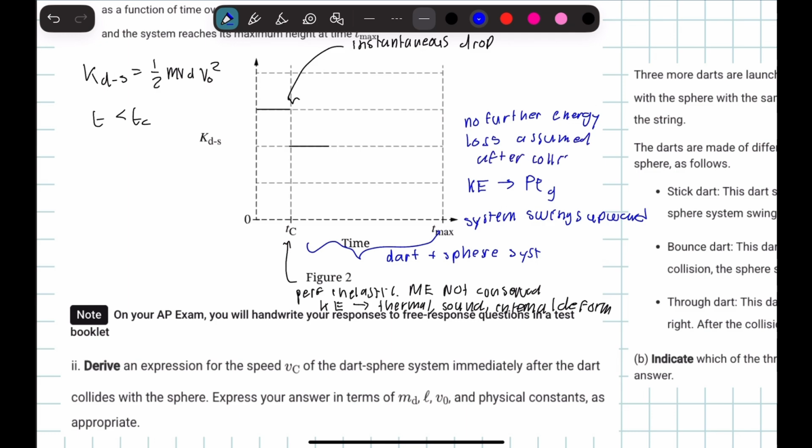For this part, there's going to be a smooth continuous decrease in kinetic energy. And then at t_max, this is when the system momentarily